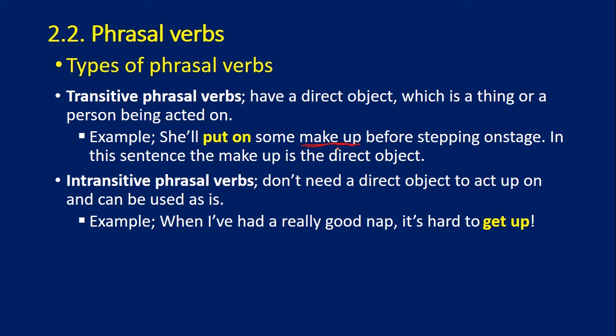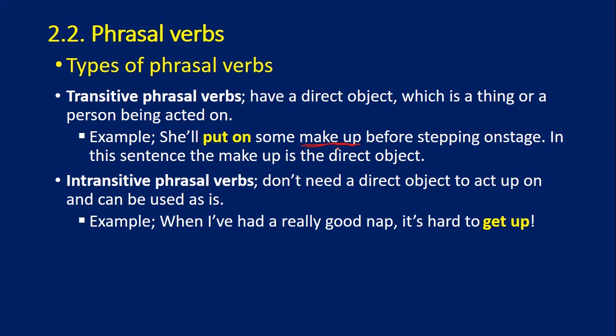Okay, so these are transitive phrasal verbs. With intransitive phrasal verbs, we can take it out on its own; it doesn't matter, it doesn't depend on a direct object. Whether it comes in the middle of the sentence or at the end of the sentence, on its own it does have a meaning. For example, when I've had a really good nap, it's hard